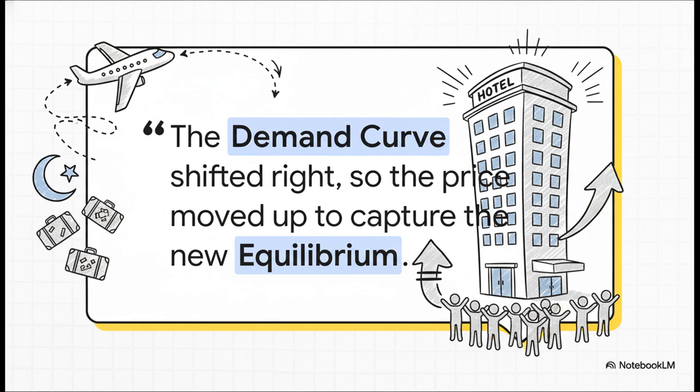And boom, here it is. This is the core economic theory in one sentence. For that hotel, on a regular Tuesday, the pool of potential customers is pretty small. But during a major holiday, millions of people suddenly want to travel. That huge surge in desire and willingness to pay is what we economists call a rightward shift of the demand curve. The hotel isn't just making up prices, it's responding to a brand new market reality. Finding that new, higher sweet spot, that equilibrium, where its limited supply meets this massive new demand. Your job as a manager is to find that point.